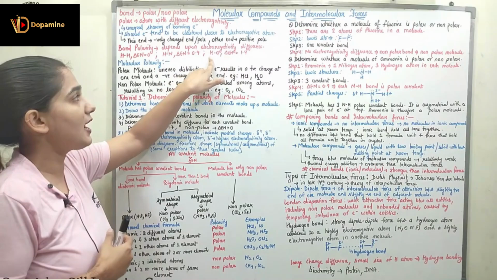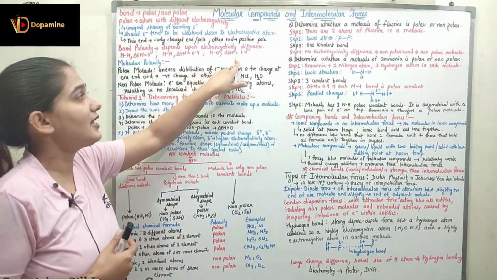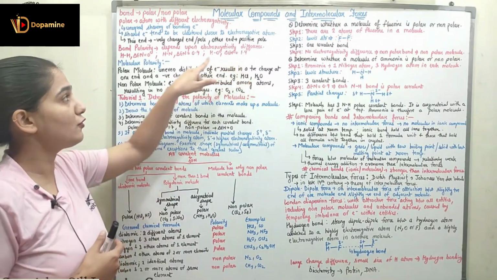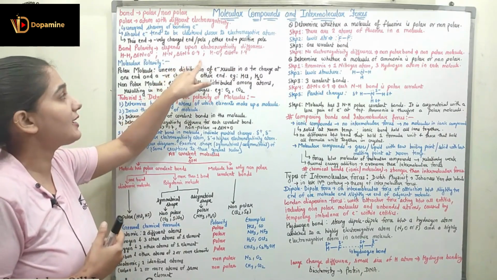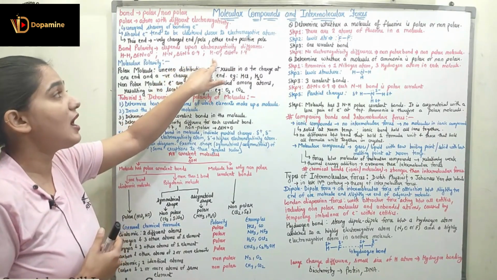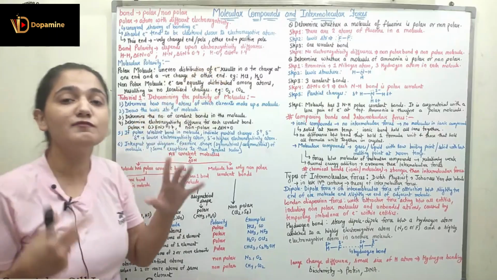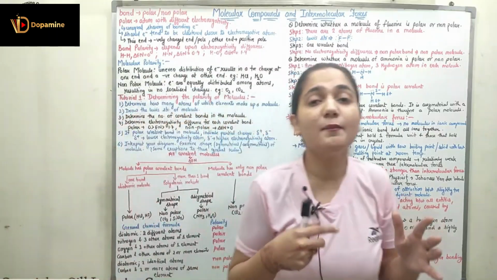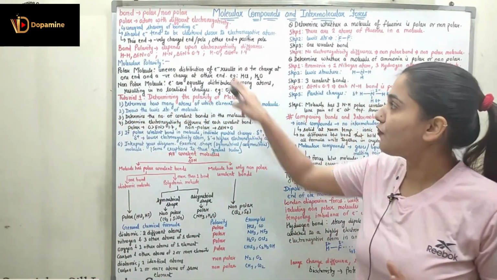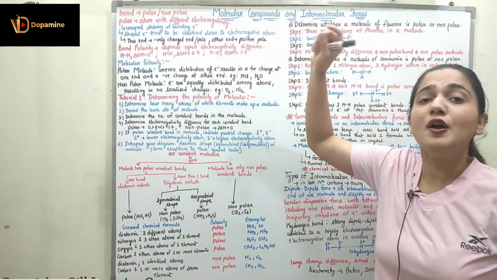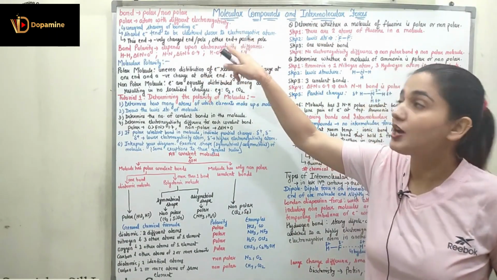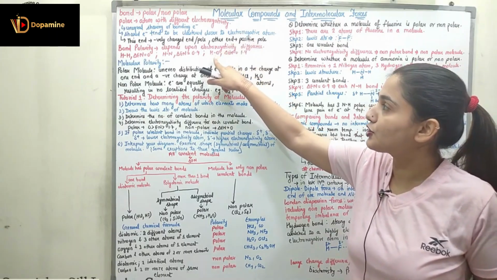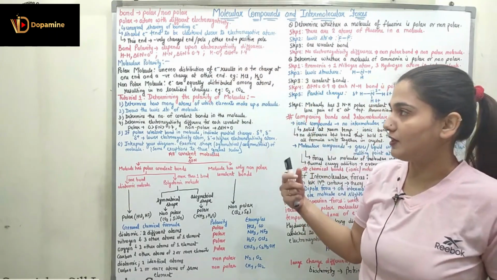If I talk about the hydrogen oxygen bond, here the electronegativity difference is 1.4, which is more than the electronegativity difference of H-N. So I can say the bond polarity of H-O is more. If I have more electronegativity difference, the bond polarity would be more. So for the hydrogen oxygen bond, we have more bond polarity, and more partial positive and partial negative charge are formed on hydrogen and oxygen respectively.